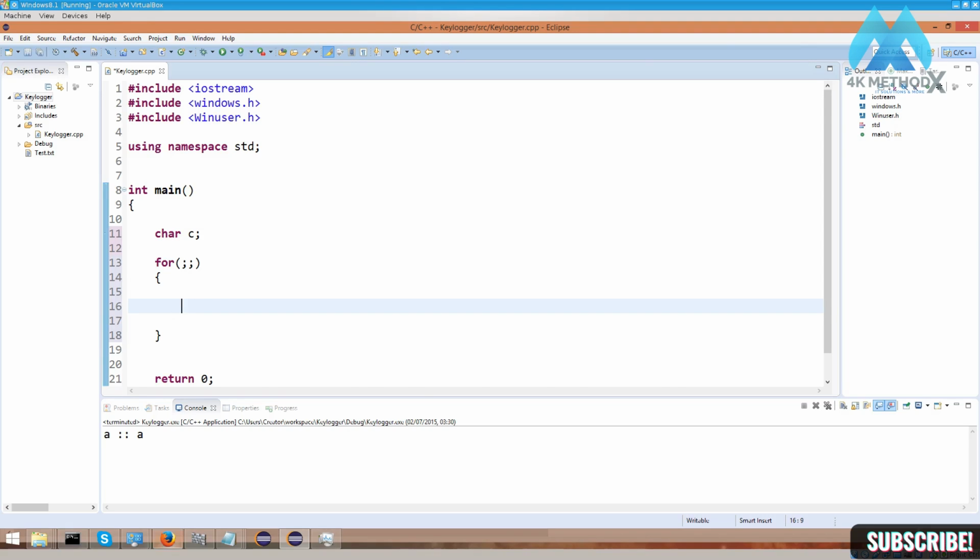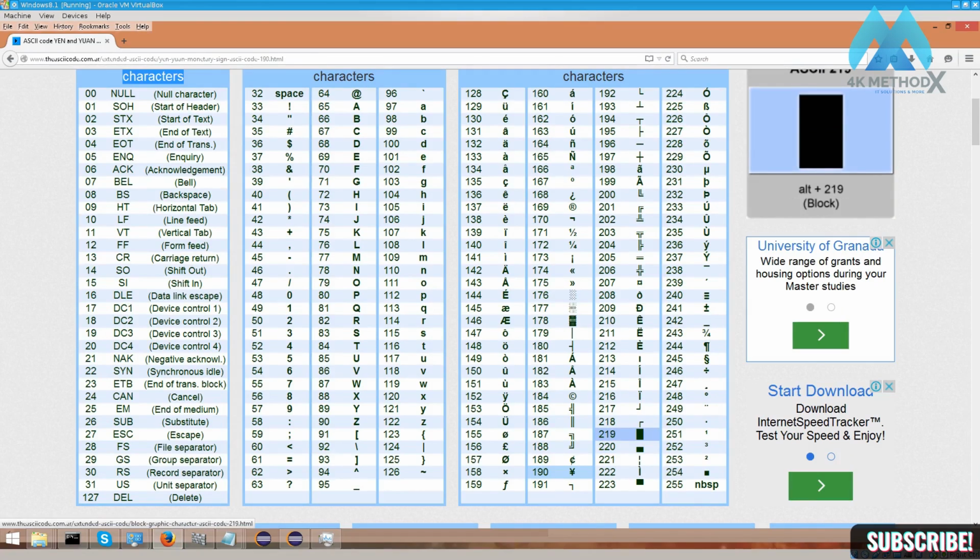Why, you say? Well, are you interested in this cube at 219? Is this interesting to you in any way? Or this pipe looking thing at 205? Or this L thing or reverse T at 193 or something like that? Those characters are your... I don't know, I guess you can include them, but I don't think it's such a